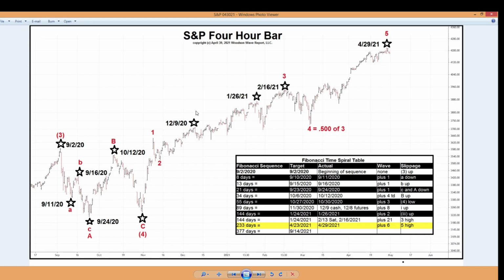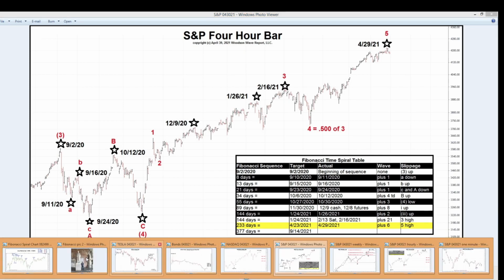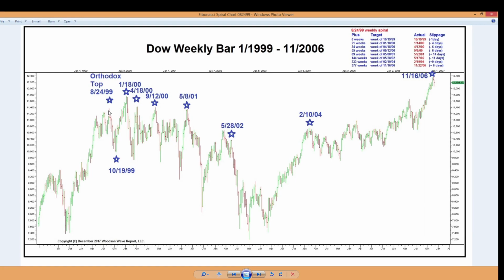And since then, it's called all these consecutive highs. And it goes with this one. The last one, the turn date was 4/28. It turned on the open on 4/29. You can see if this is going to keep calling highs, the next one doesn't happen until September of 2021. But this thing is beautiful perfection, catching these consecutive highs, much like the spiral that I did way back in